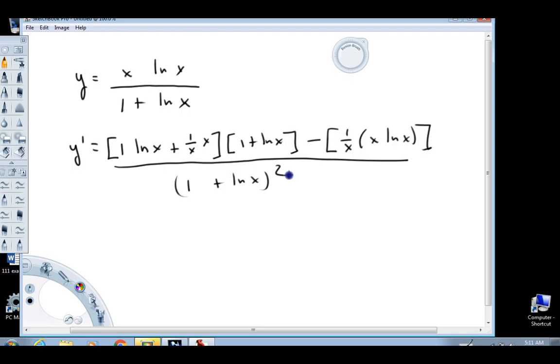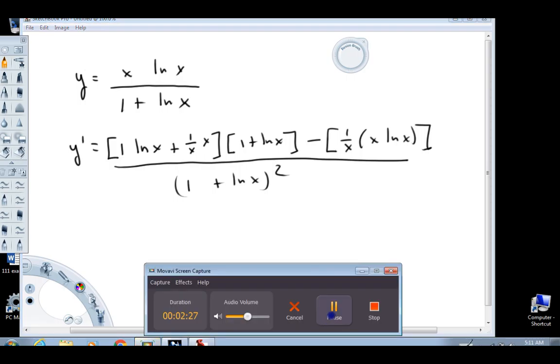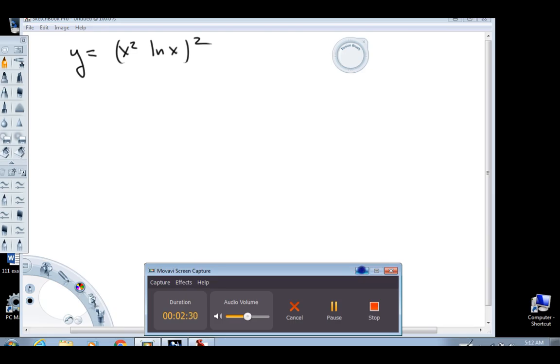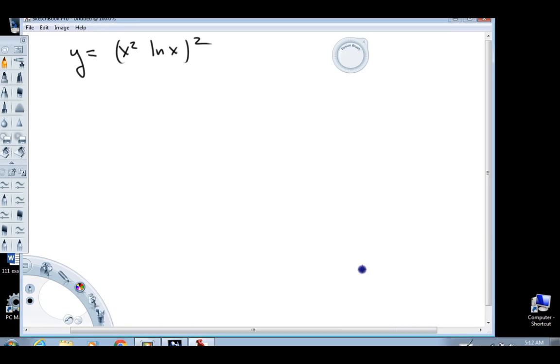So there's example 1 of differentiating a function that's got logarithms and quotient rules and all sorts of cool stuff. I'm not going to bother simplifying this because that's just cosmetic, and this video is just about how to differentiate these functions. So I'm going to pause this for a moment and write out another example. Alright folks, I'm back, and we're going to go through example number 2 of